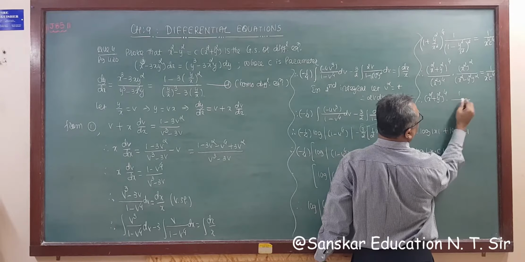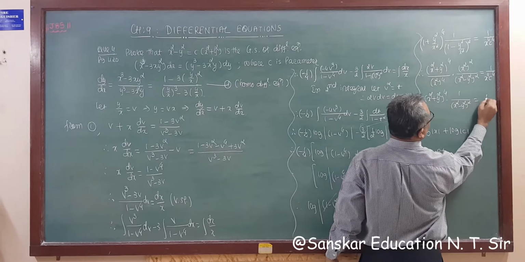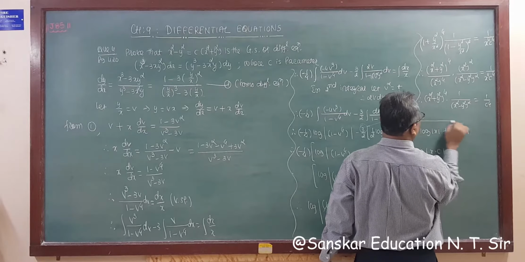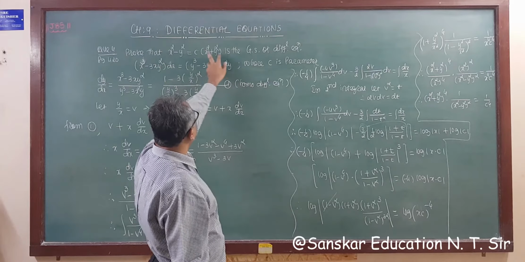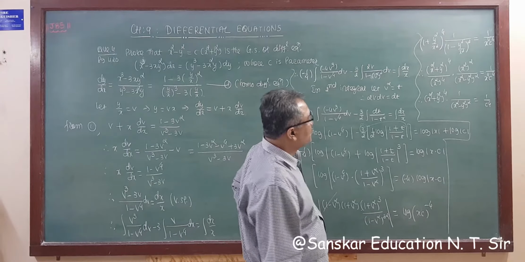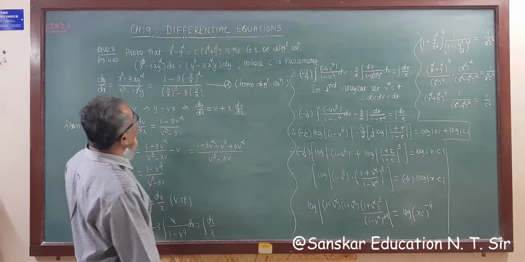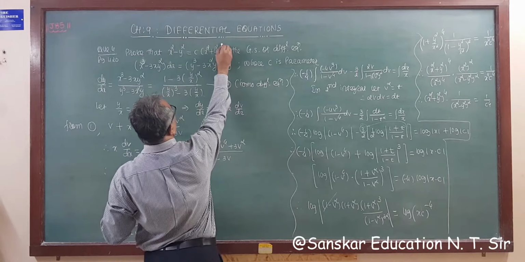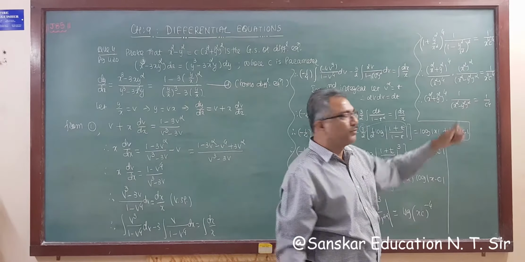Into 1 upon, this is x square minus y square is equal to 1 upon c raised to 4. Now, see what is given. Given power only 1 here and we have a power 4. So what to do next? That is the important part. I think we are making some mistake here. Here also you need a square. So now squaring, taking square root on both sides.